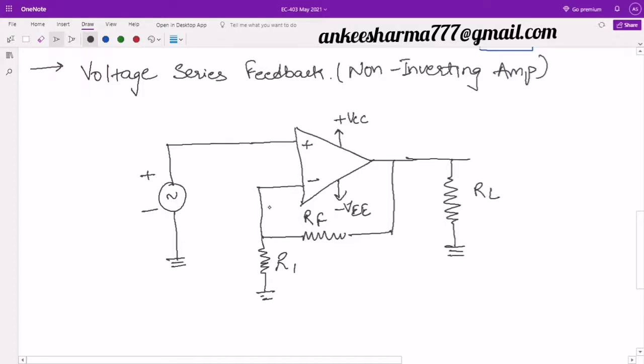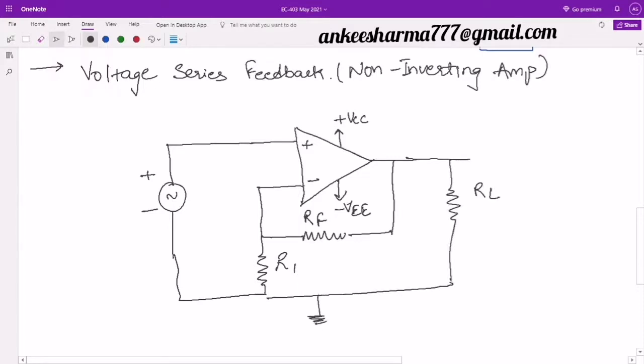In some of the books you will find that this ground and this ground are all connected together. So I will draw this diagram where I will connect all these together. Okay, let me draw this resistor R1 again. I will connect these three together, and then I will say it is now combinedly grounded. So this is one and the same thing. There is no issue in that. You all understand it.